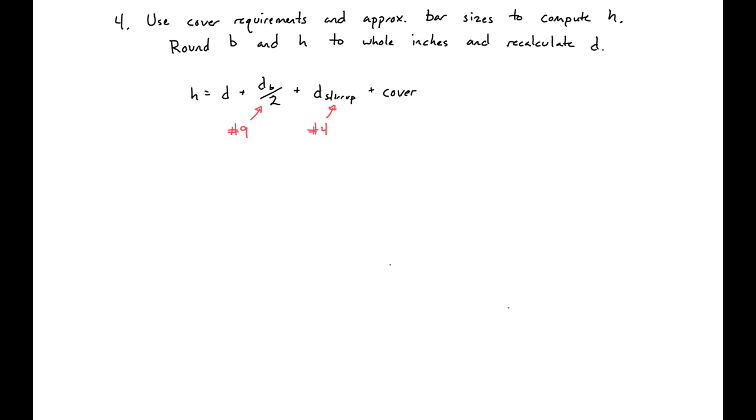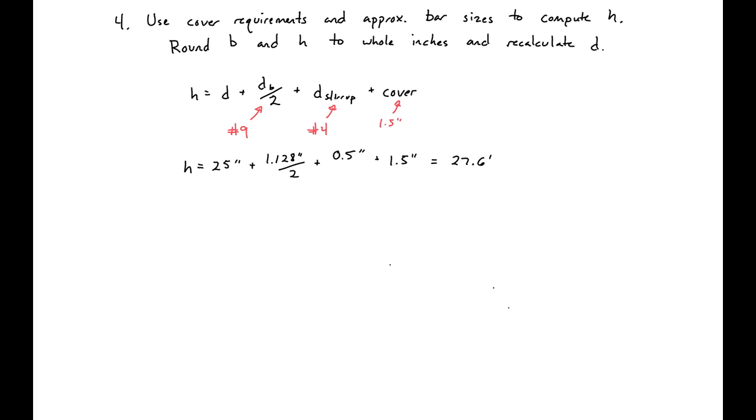And we'll assume an interior cover of 1.5 inches. So plugging our values into our H, we'll have our D from our previous step, 25 inches, the diameter of a number 9 bar divided by 2, the diameter of a number 4 bar, 0.5 inches, and our cover, 1.5 inches, to give us an H of